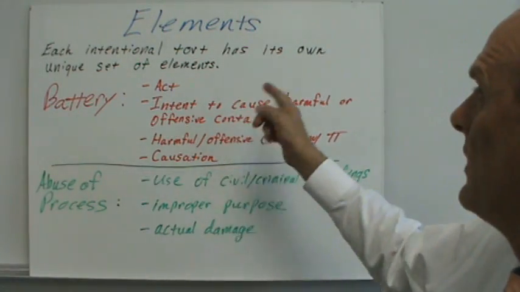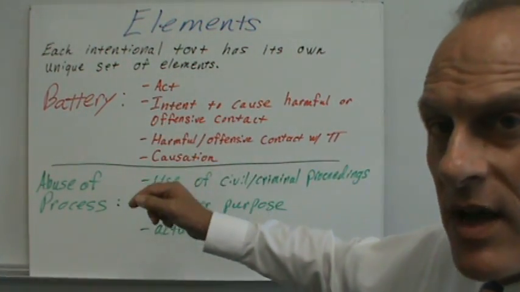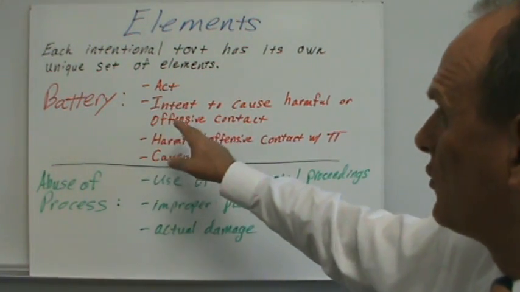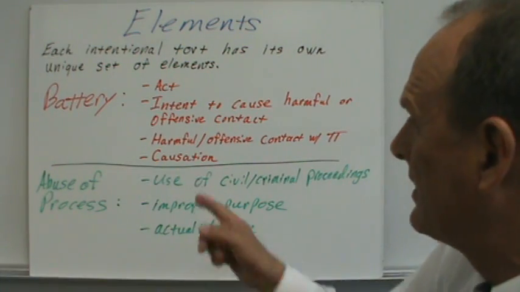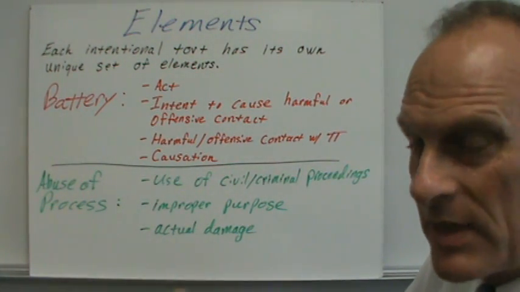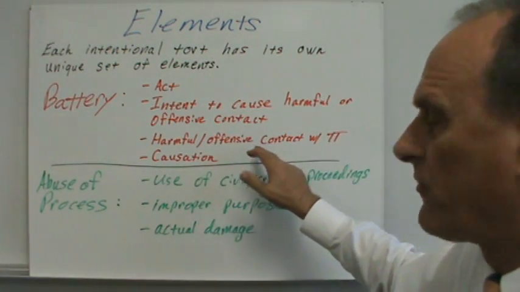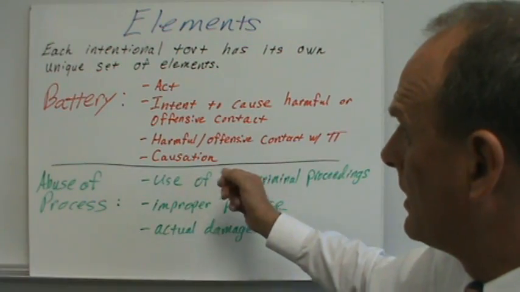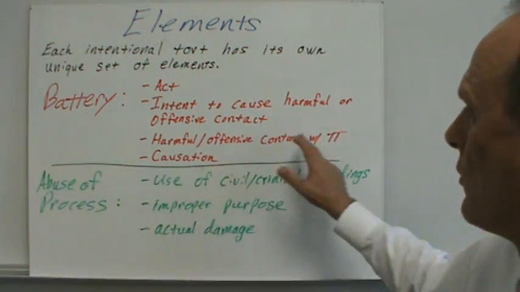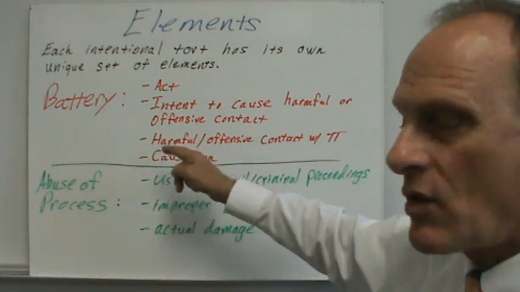Each tort will have its own unique set of elements, and I've got two torts up here. Battery. The elements of battery would be an act, plus the intent to cause harmful or offensive contact, and then you actually do have that contact with the plaintiff, and then you have a causation element, a linkage between that act and that harmful contact. You take away any one of these or change it, you don't end up with battery. For example, if we take out harmful contact, you don't have battery. But if you put in its place apprehension of contact, well then all of a sudden you have the tort